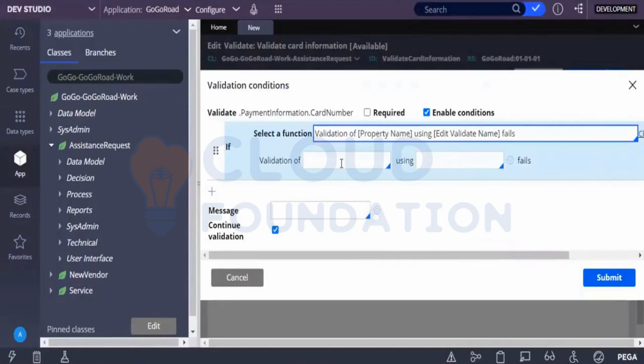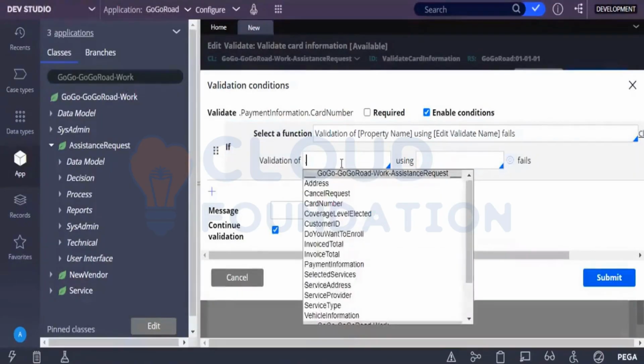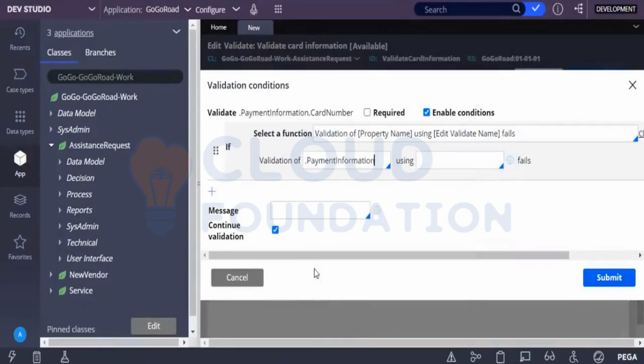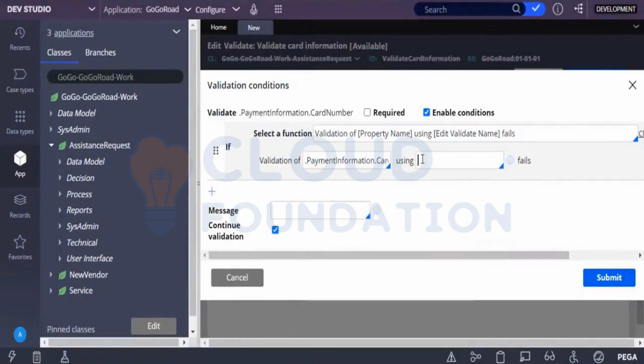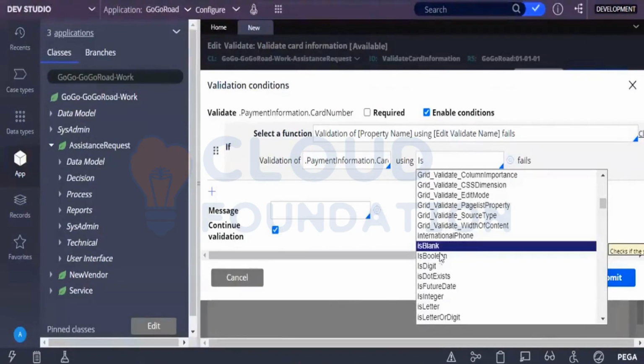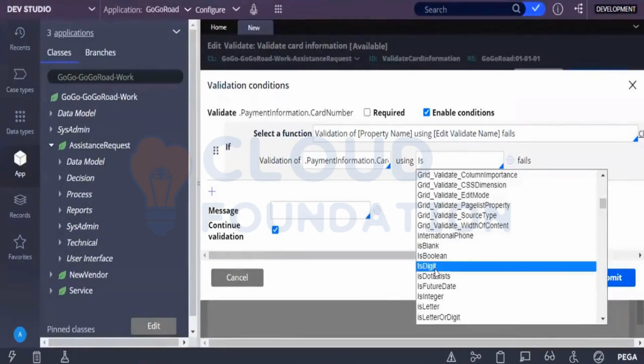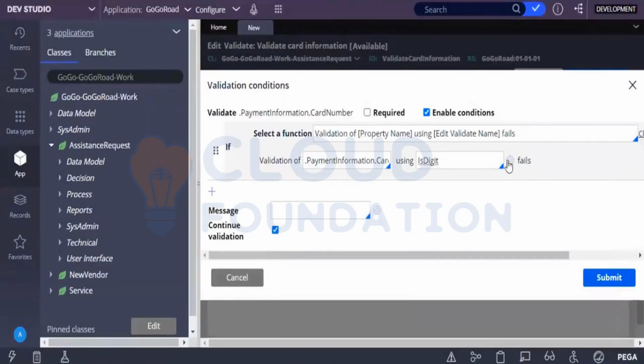Here we'll add the particular property, the one we want, which is the card number, under payment information. Validation of this field using edit validate name. Edit validate, we have some kind of edit validate which is written in Java code. We'll just use that one. Whenever you open this particular edit validate rule,